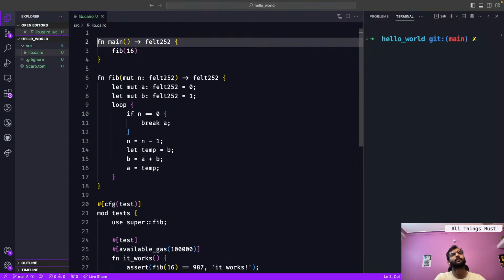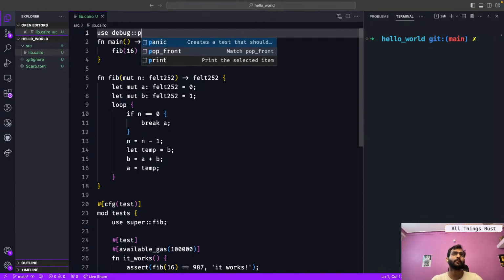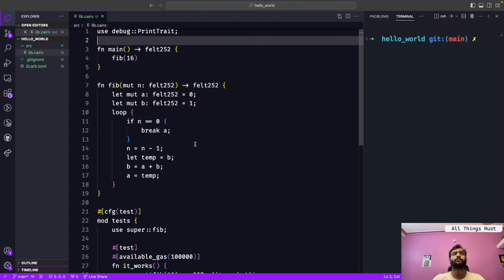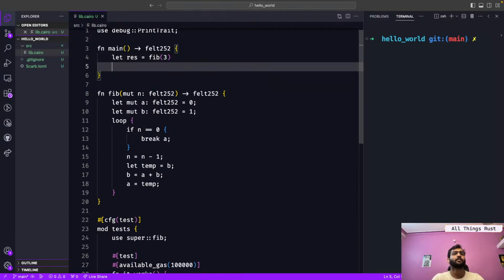if I want to print something, a debug print. I'm not sure if that is the correct syntax, but let's say let z equals 3, then print.